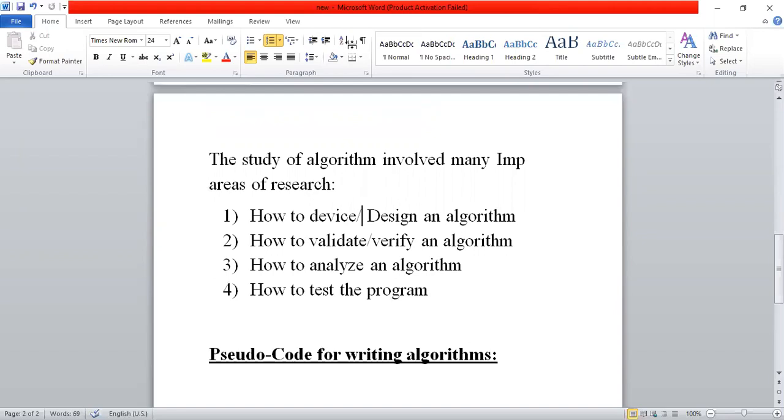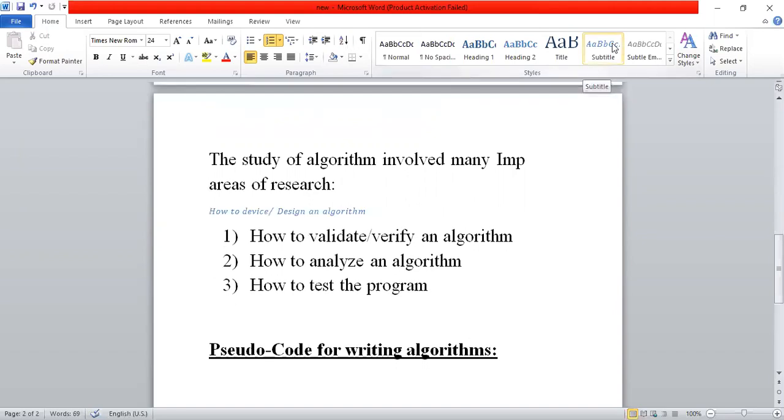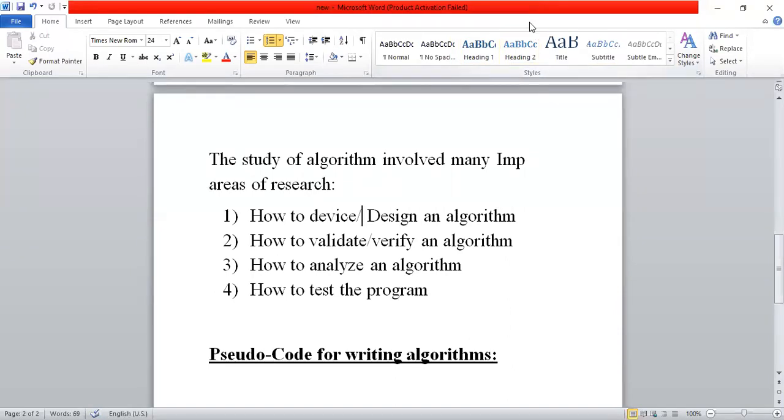If you have any doubt, you can raise it now. You can ask a question now also. If you have any doubt in these four steps, otherwise I will go to the next step. If you have any doubt now regarding the previous class, about these four steps, these four steps are important steps for studying algorithms. You can respond to me in chat.